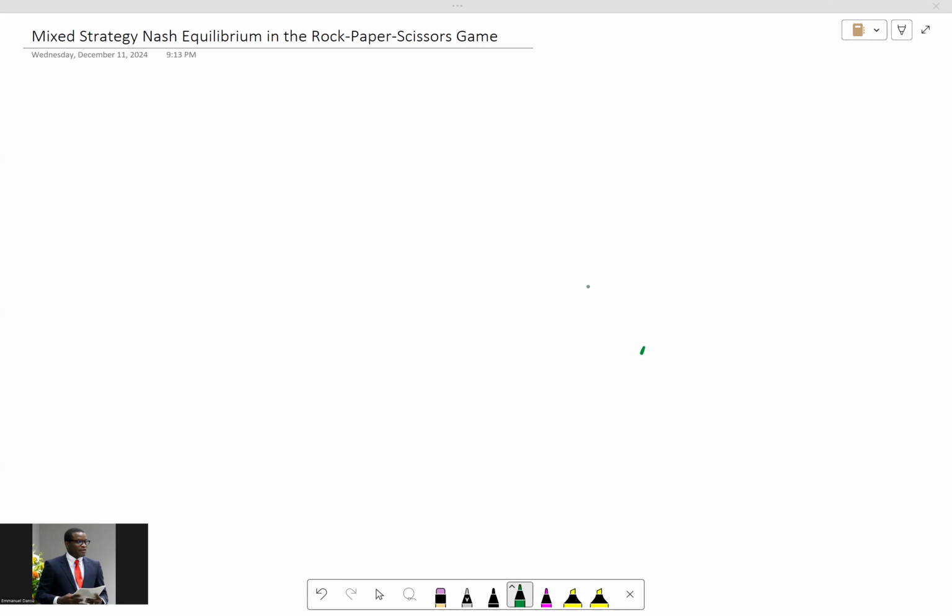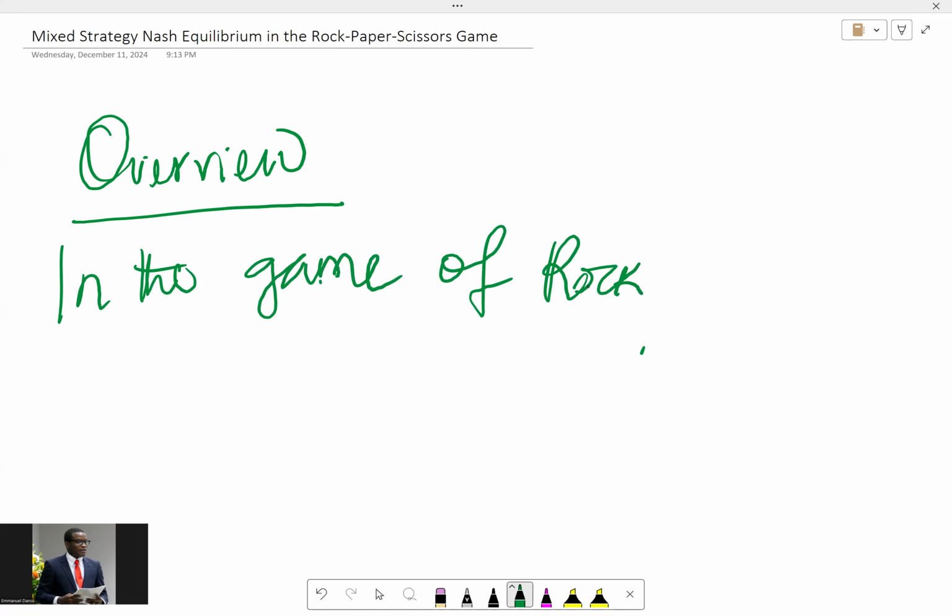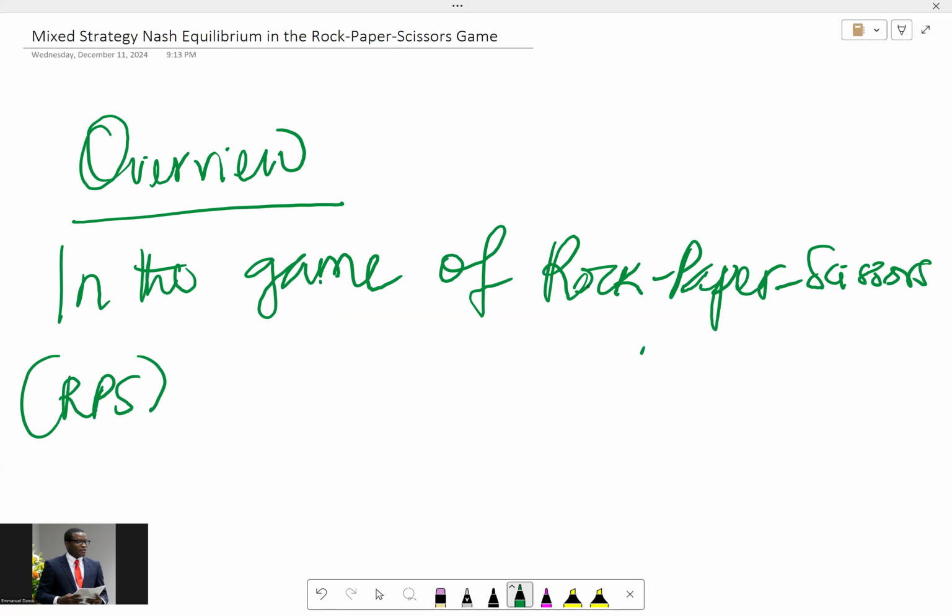In this video, I'll be talking about the mixed strategy Nash equilibrium in the rock, paper, scissors game. Let's see the overview of the rock, paper, scissors game. What does it look like? First of all, in the game of rock, paper, scissors, going forward, I'll just refer to it as RPS. In the game of rock, paper, scissors, players